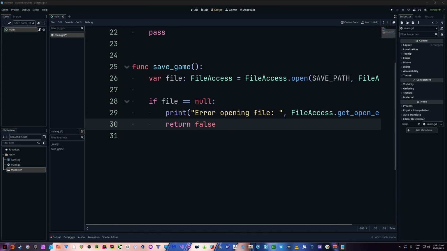All right. So far we've tried to open it. If we can't open it, there's an issue. The user knows. And now we need to actually store our information. Now, in order to